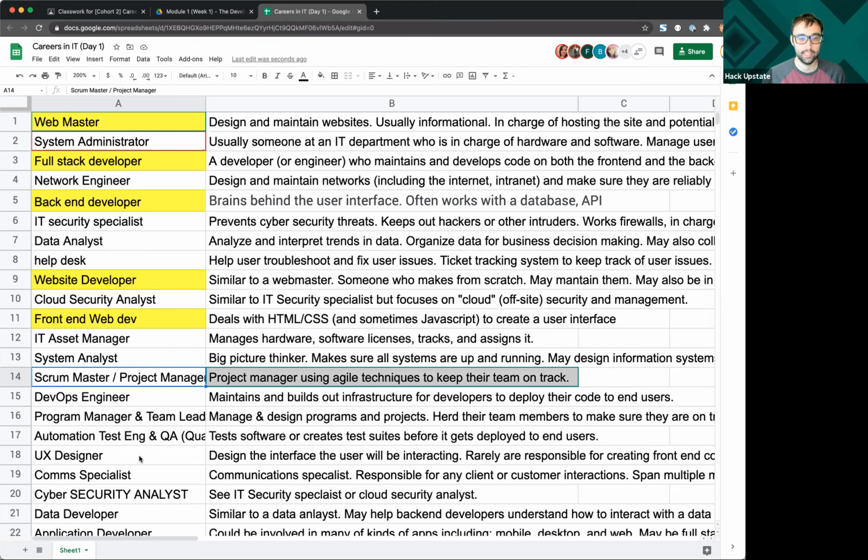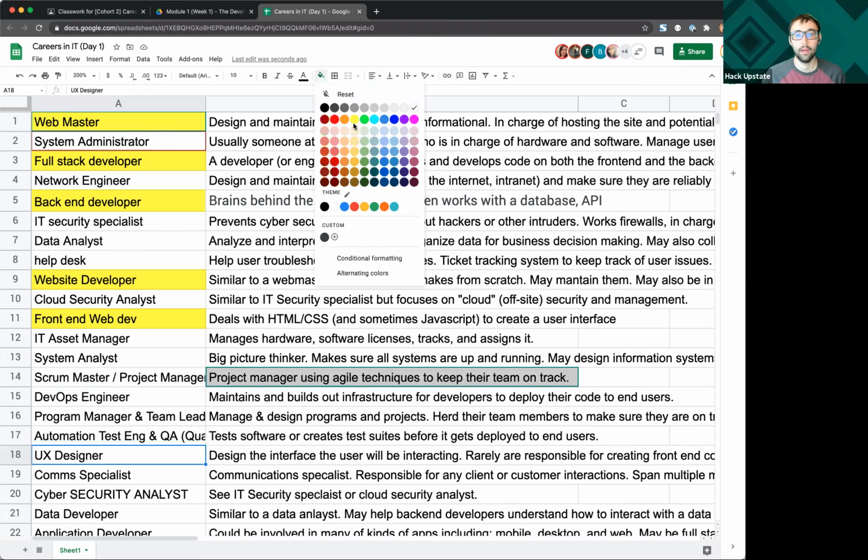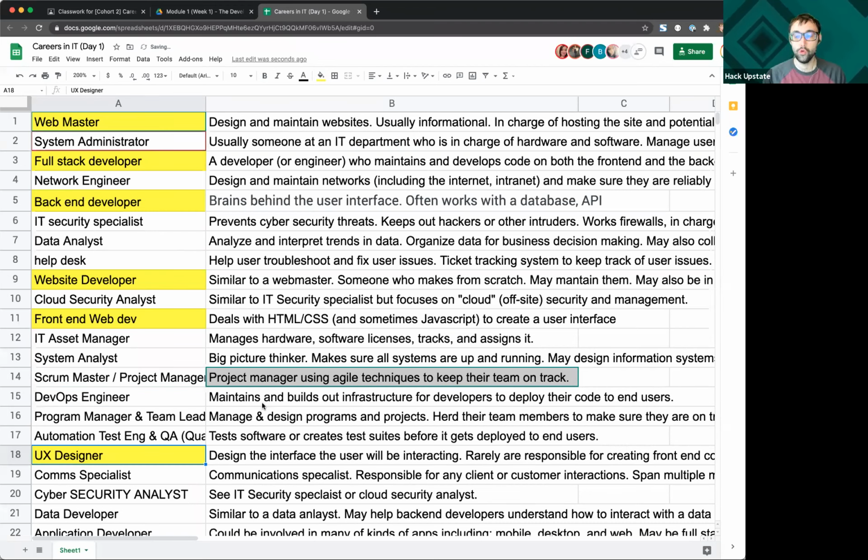UX designer, that's another one that we can highlight. You may be going through this course and learn all the front end stuff and go, that's great. Didn't love that, but I love the back end. And it is entirely possible that you go off and be a back end developer. It is also possible that you go through this, you go, I didn't really love the back end code. I understood the fundamentals of the front end, but really what caught my eye was designing websites.